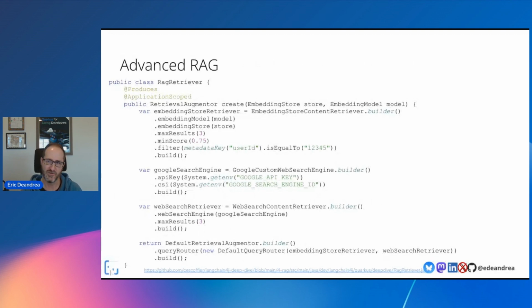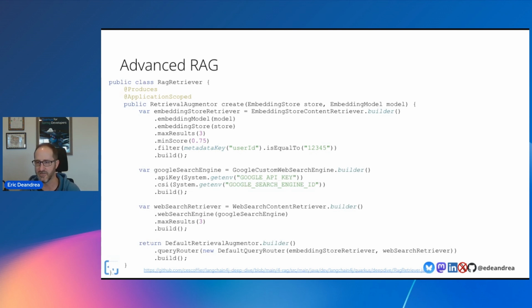You do the same thing you did before. You create this retrieval augmenter. In this case, it's the same one that we had before, but then you're building a couple of different retrievers, in this case a web search content retriever. And these, again, come right from LangChain4j. So if you want to do Google search, or you want to use something called Tavily, which is more geared towards LLMs, there's a few other ones out there, but you can build these search retrievers, and then you can combine them.